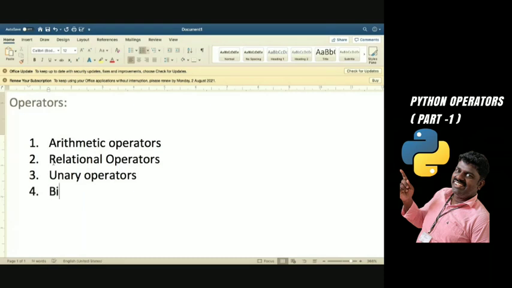Then we have bitwise operators, and then logical operators, and then assignment operators.